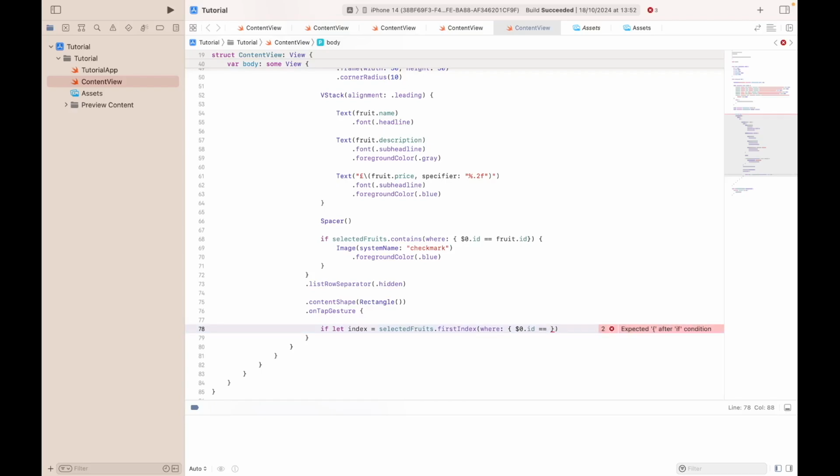So if the fruit array ID is equal to the fruit,